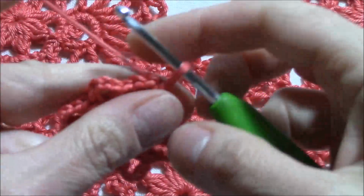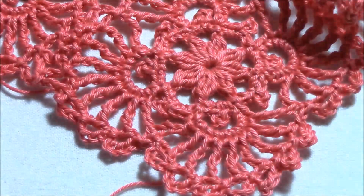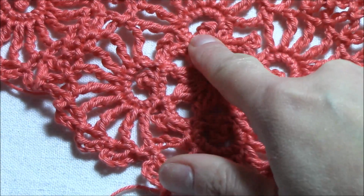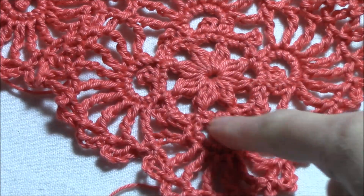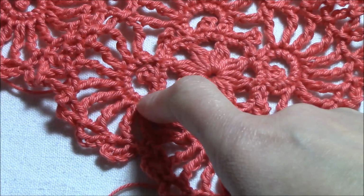In the second round we will work the corners. These arches actually are the corners. So as you can see we have 4 arches with picot in the middle, in the center of the arch. So we have the arch and the picot, arch, picot, arch, picot, and there are 4. So in this round we will work the arches,